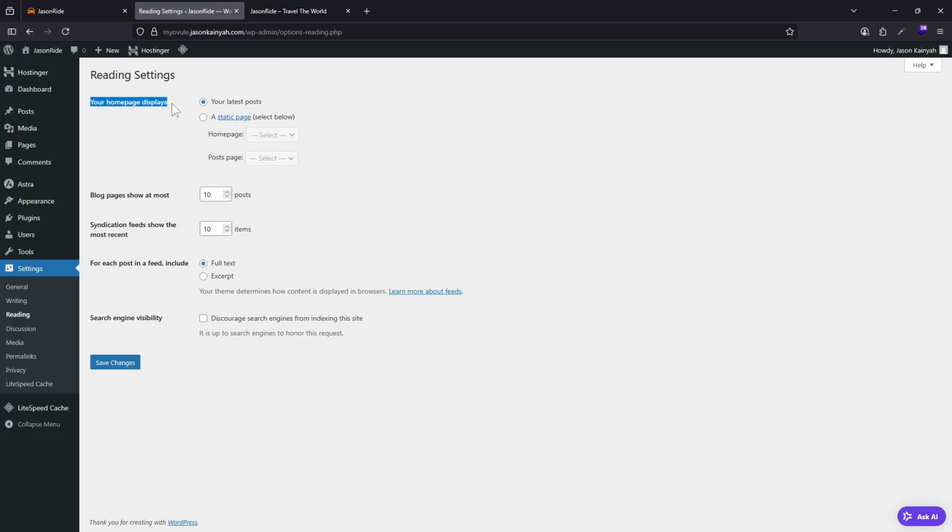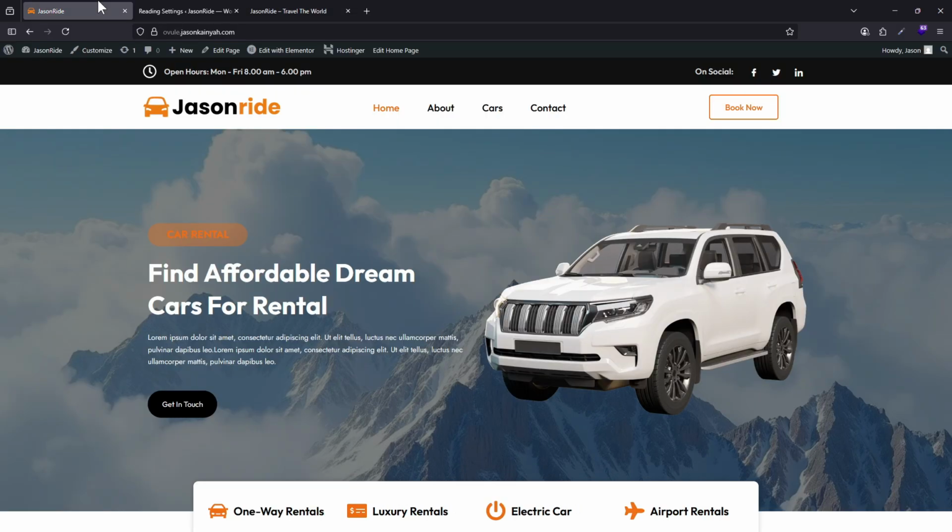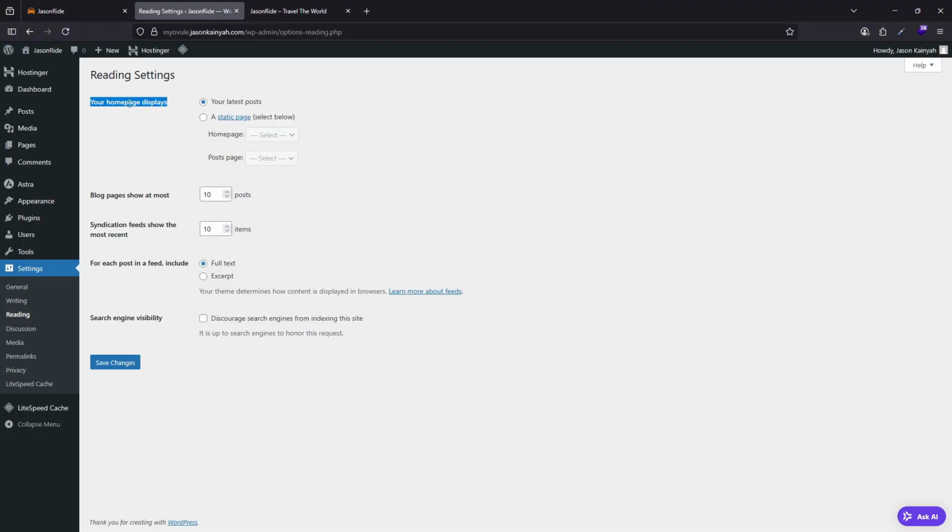So right now your home page displays our latest post, but we don't want it to display that. We want it to display our home page, a certain page, and that page is home. So go to reading settings, your home page, make this a static page, and on home page just select home and click